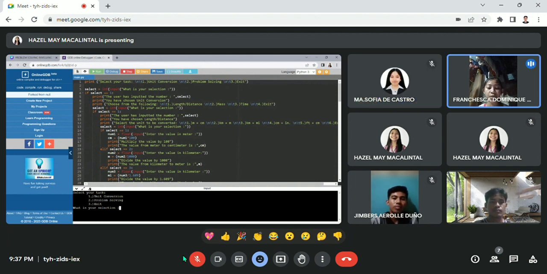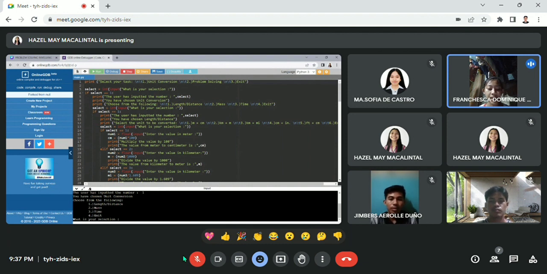If the user selects 1, which is the unit conversion, the program displays another code asking the user to select a type of unit. The available options are length or distance, mass, time, and exit. This code is also displayed using the print statement. Then the user is asked to input their selection using the input function. In line 11,